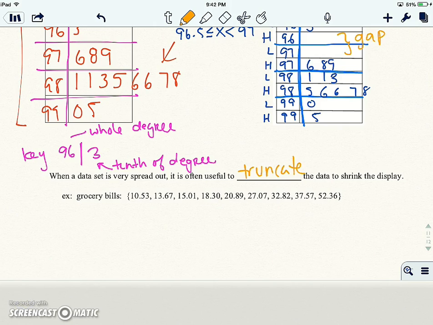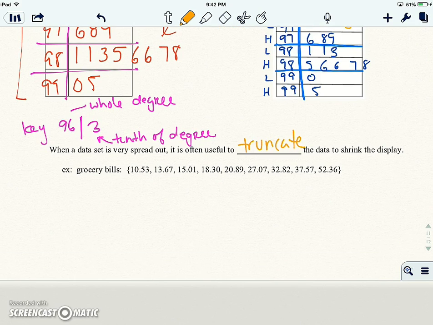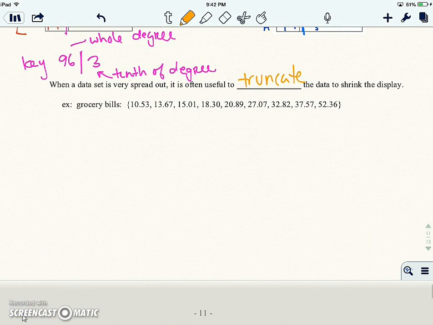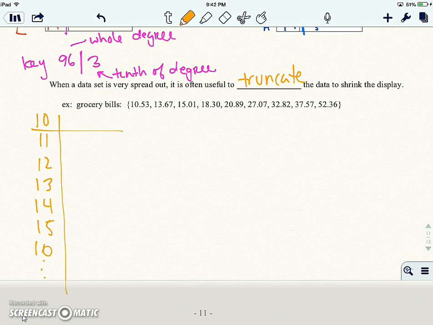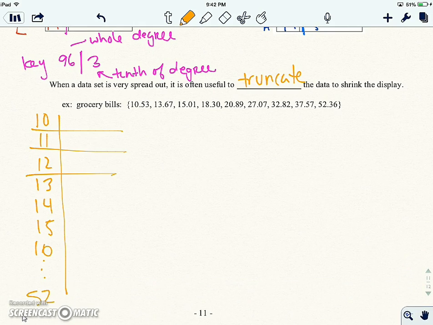Okay, so the opposite would be to truncate the data. And in this case, we would have lots of stems. 10, 11, 12, 13, 14, 15, 16, all the way up to 52, which would be a little bit of a pain. And then it would even be worse because we can only have single digits, so we'd actually have to do